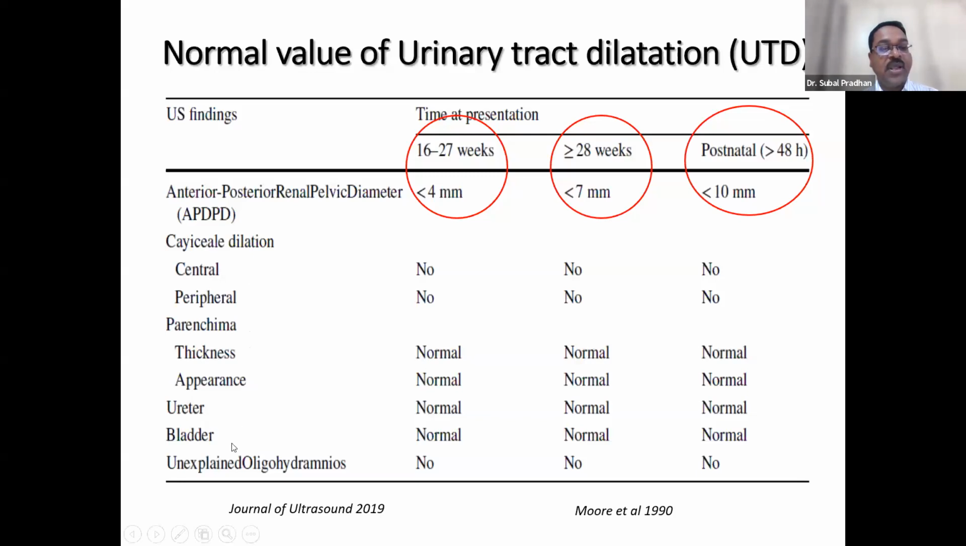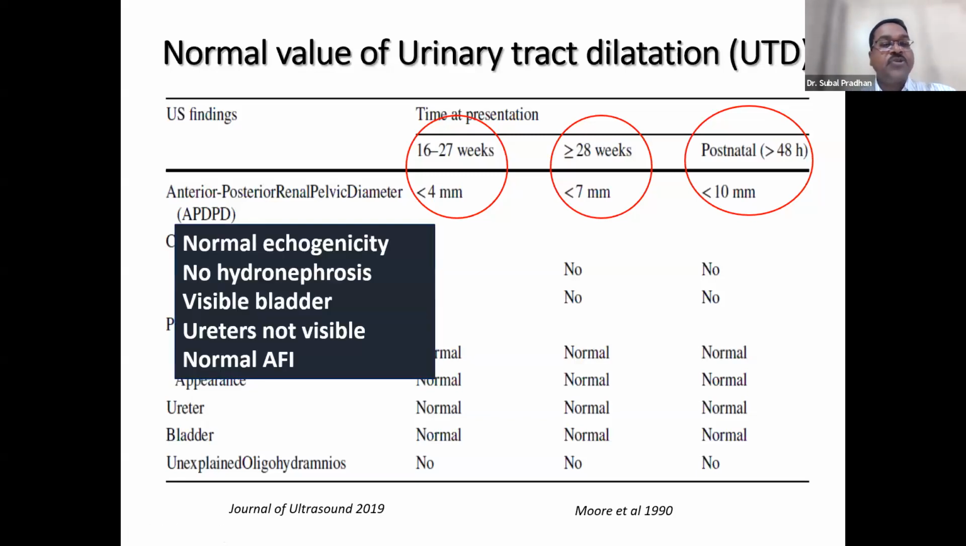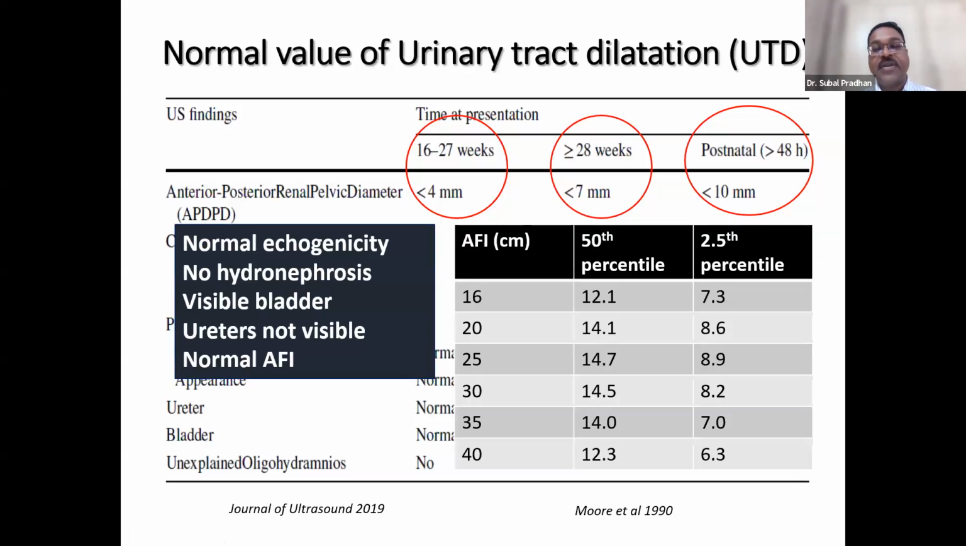The ureter and bladder should be normal, and there should not be any oligohydramnios. So a normal fetal kidney should have normal echogenicity, no hydronephrosis, a visualized bladder, and normal ureters, and a normal amniotic fluid index, AFI, as defined by Moore et al., based on the different gestational ages in a normal pregnancy. So what should be our